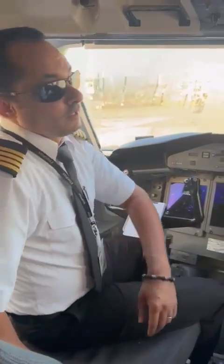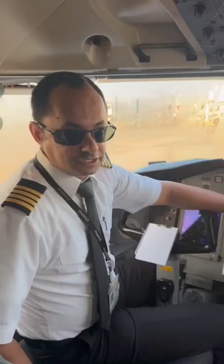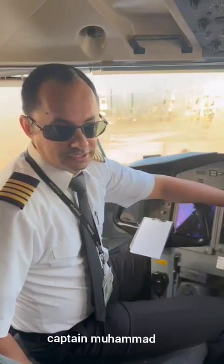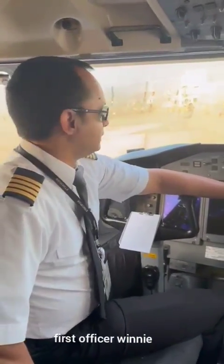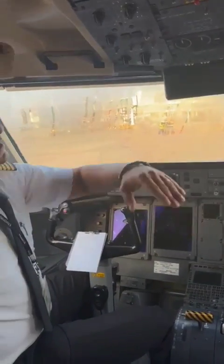Everyone, as you can see, this is the cold and dark cockpit of the Dash 8 Q400. My name is Mohammed. I'm the captain of this aircraft on this flight to Blantyre and Lilongwe. I've got my first officer here, Winnie, our senior first officer. So what we're waiting for now is the GPU to be connected, and then I'll take you through the